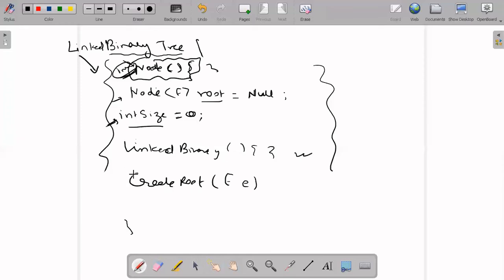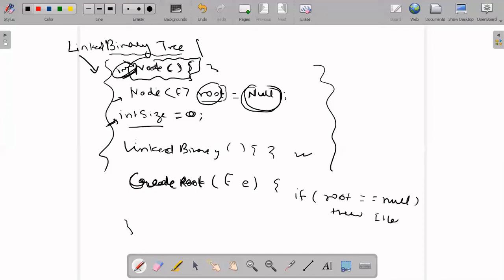What this createRoot should do is create the root. So I can check if root is equal to null; otherwise I'll throw an illegal argument exception, right?